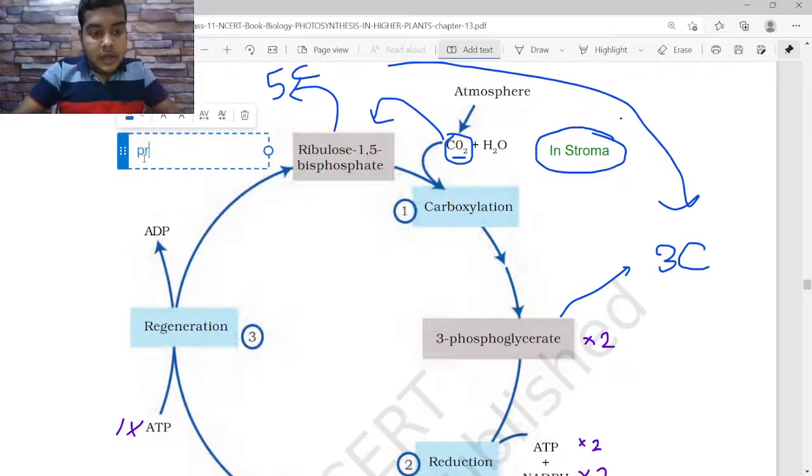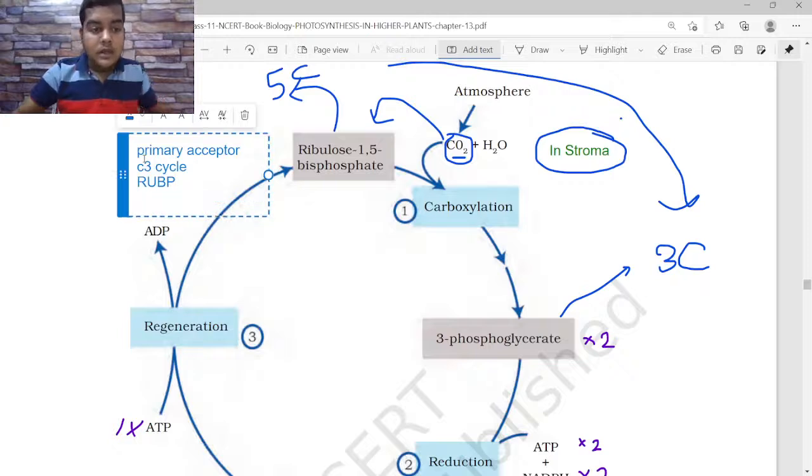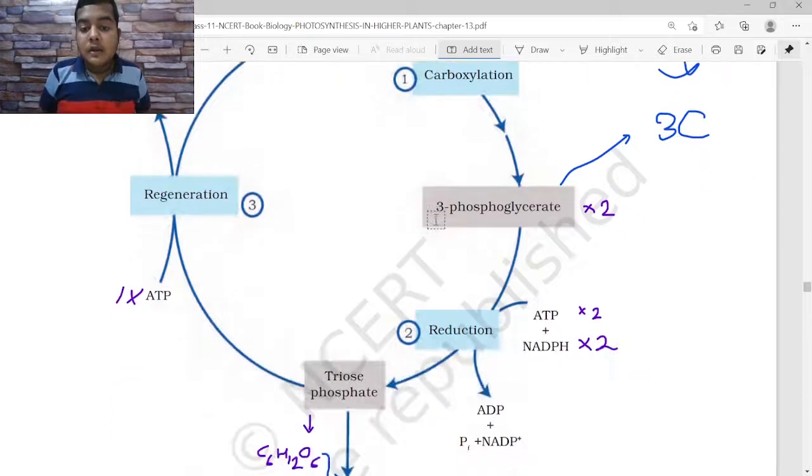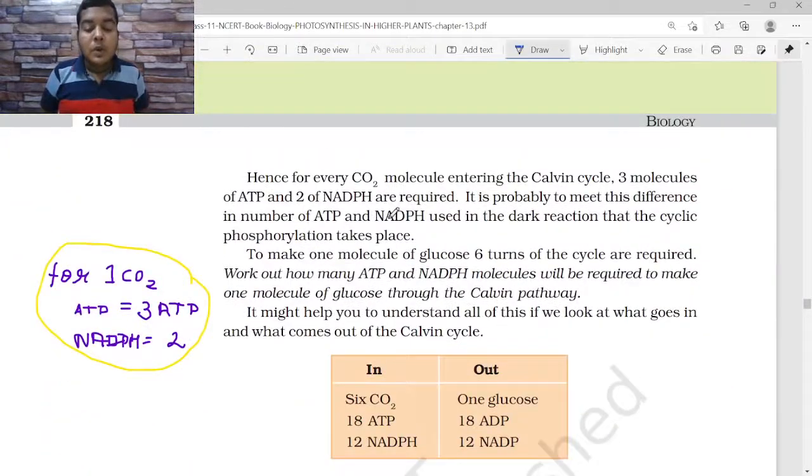So primary, अगर हम primary acceptor कभी कोई पूछे कि primary acceptor कौन है C3 साइकिल में, तो primary acceptor कौन है हमारा? RuBP है. और अगर हमारे को कोई पूछेगा कि फर्स्ट प्रोडक्ट क्या है, तो फर्स्ट प्रोडक्ट जो है वो हमारा 3PGA मॉलिक्यूल है. ठीक है, 3PGA. Regeneration. Okay, so this is a small exercise is also given कि for every CO2 molecule entering the Calvin cycle